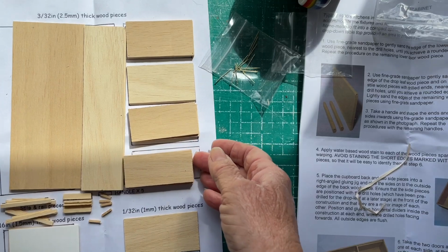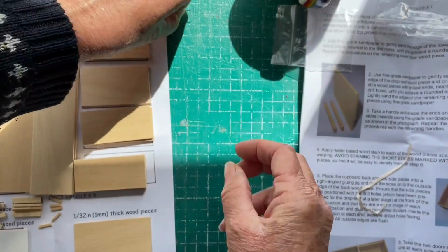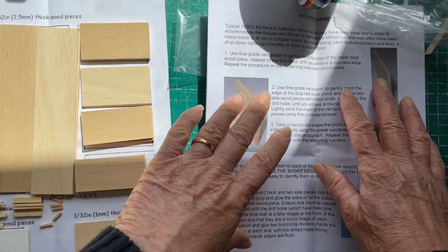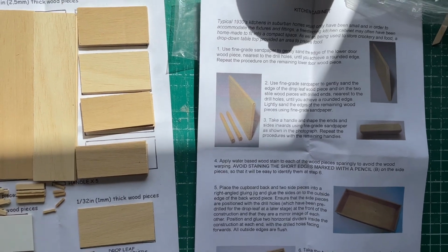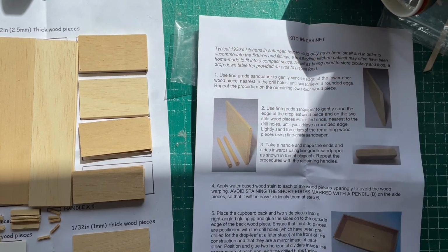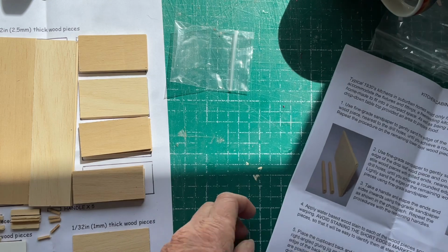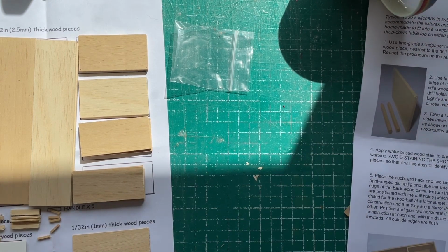So now I've got lots of little nails as well, and I have got the instructions, so I'm going to see if I can work head nor tail out of the instructions. Sorry about the shadowing. I don't really know what to do about that actually, because I'm right in front of a bright window. Hopefully you'll be able to see what I'm doing. I'll probably put it on time-lapse, because it's going to take me a while, I think, and I think the video will be too long otherwise. Right, let's